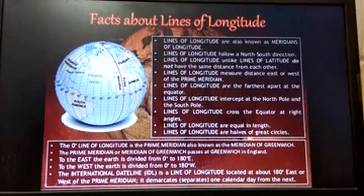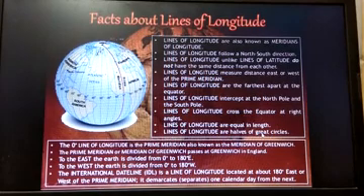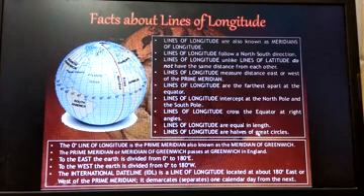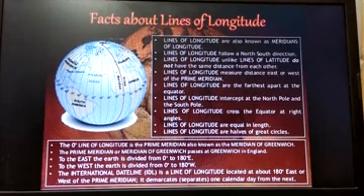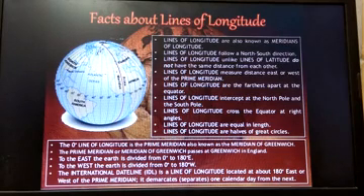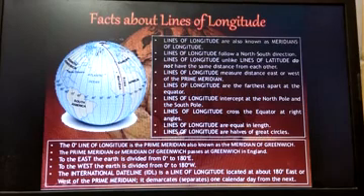Lines of longitude are half of a great circle. What do you mean by great circle? Great circle is another name for the equator. If I give the question in the exam, draw the great circle in your copy, you can say what a great circle is. Great circle means simply the circle which is great, which is big, the biggest circle on the earth. Obviously the equator, which is the 0 degree circle. Circle means a correct circle. So here we can say that the lines of longitude are half of the great circles.